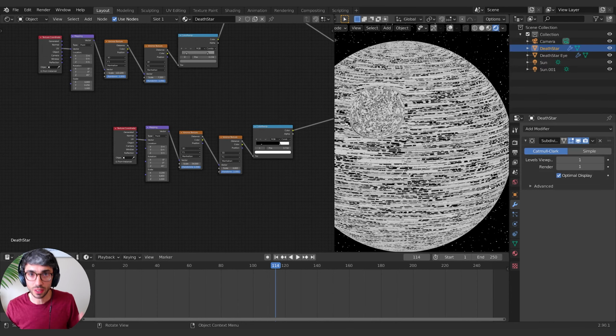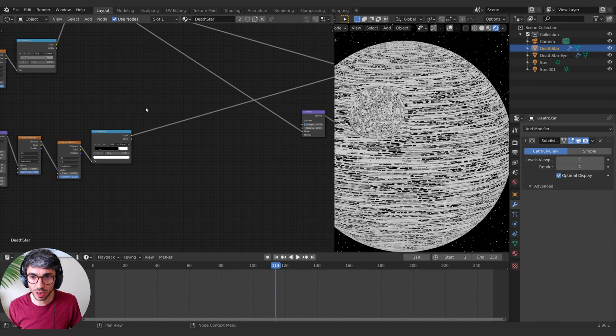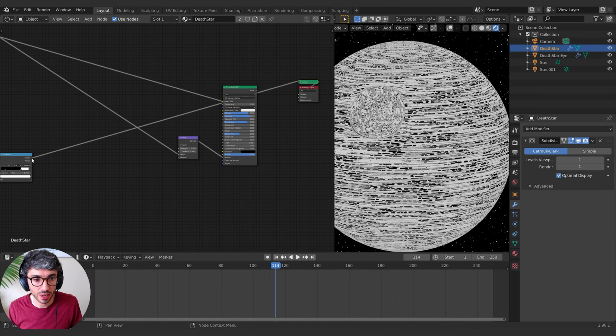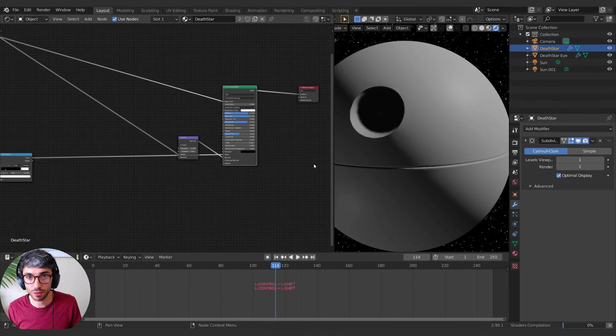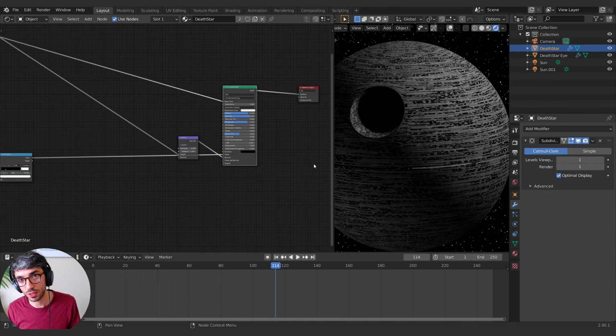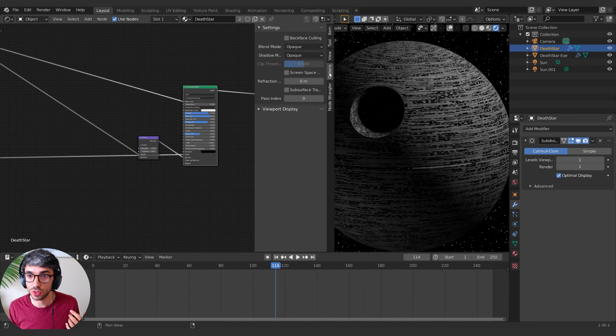But we don't want the whole thing to be under construction, right? Now I'll show you the trick that we're going to be doing. We're going to be taking this and piping it into the alpha channel. If you're not familiar with an alpha channel, basically wherever there is white in an alpha channel, it's fully opaque, you can see it. If it's black, it's transparent, you can't see it. In Eevee, to get that to work, we need to come over here to our options